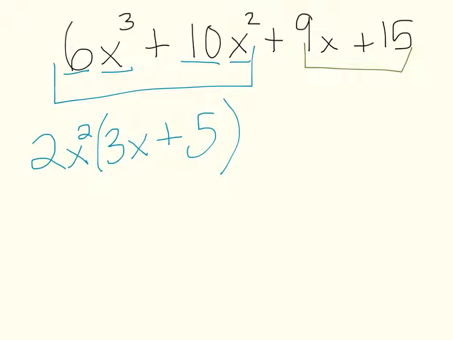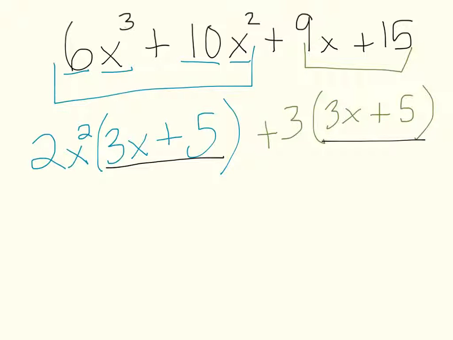So now let's look at my second term. Out of 9 and 15, I can pull out a positive 3. So that would leave me with a 3x and a 5. And again, to check my work, I can always distribute back through just to double check. 3 times 3x is 9x. 3 times 5 is 15. So now we know that we did our factor by grouping correctly because